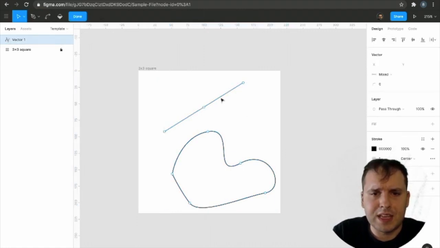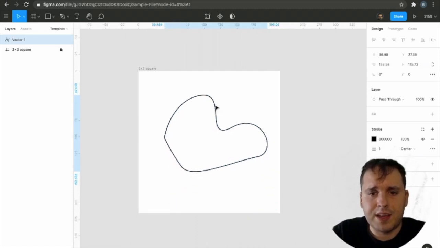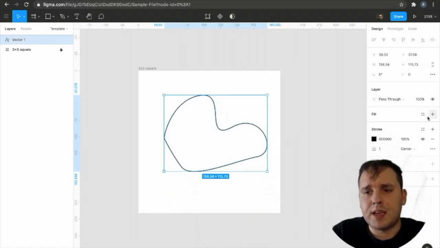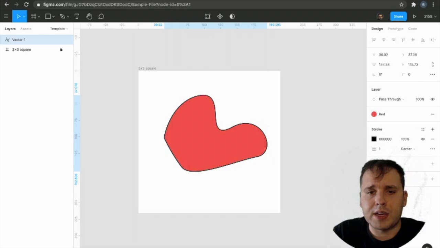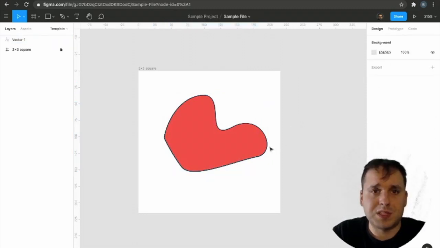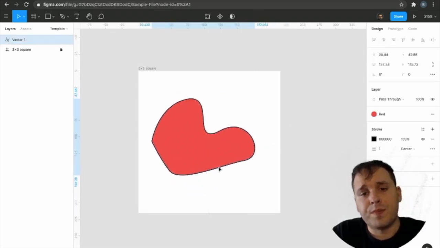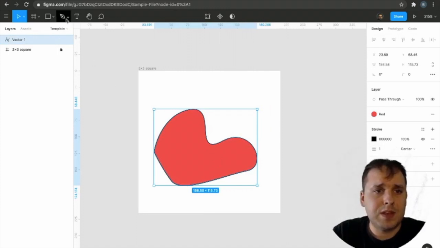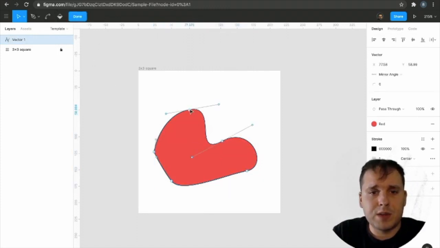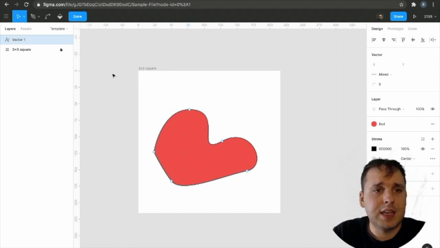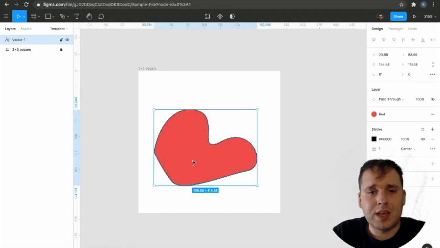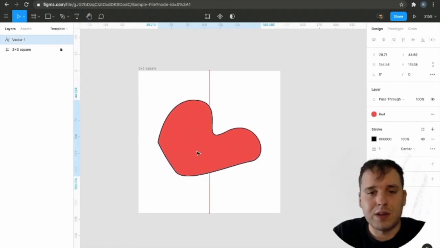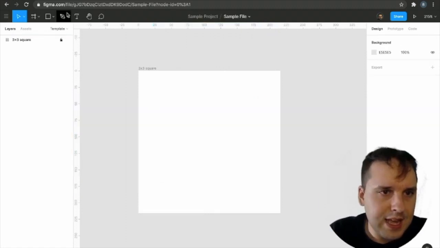Now this is a little funky up here. I don't like this line there, so let's delete that. But if I click on my object and I go to stroke, I can actually start to make it a specific color. So you can make your own custom objects. If you double click back in there, you can also click on your anchors and begin to edit them if you need to make them a little bit different and to fit a design that you like. But that is the pen tool. It has a ton of power under the hood. If we delete that,